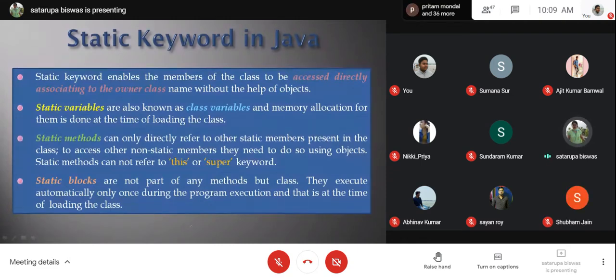Now, how is it actually being done? The static keyword enables a member of a class to be accessed directly through the owner's class name without the help of the object. So, this is already known to us. Static can be used as a variable, it can be used as a method, it can be used as a block. Static variable: if you declare a variable as a static variable,